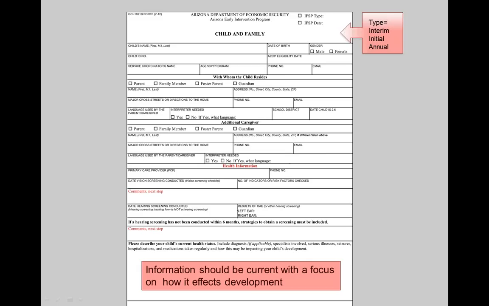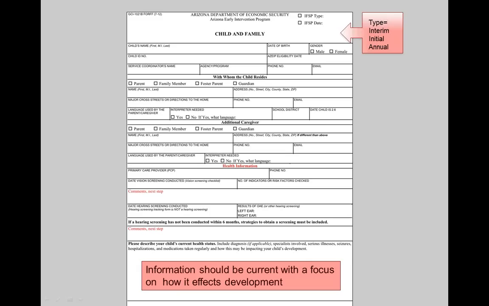In the first section on this page, the service coordinator no longer writes the date of ASIP referral, but does document the date of ASIP eligibility. The rest of this section remains unchanged. The second section, with whom the child resides, has two changes.